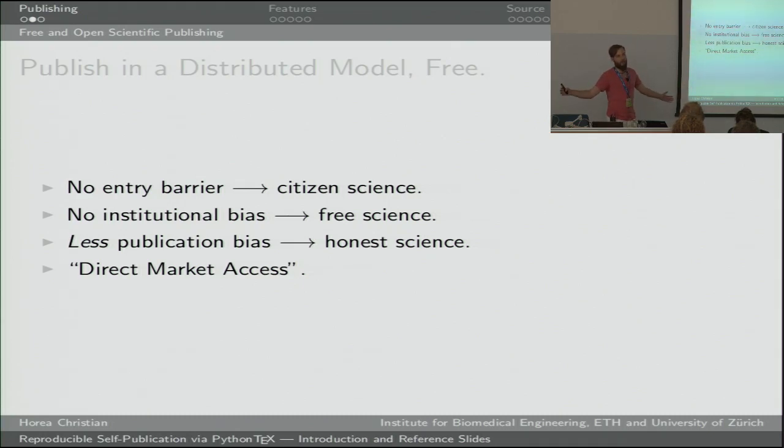This removes the barrier of entry. You don't need your fancy credentials. You don't need a lot of money to publish, meaning citizen science can finally become a reality. It removes institutional bias. I mean, of course, we like to think that there's no such thing, but as you've seen also with Google and Facebook, platforms which share information might selectively censor information which they don't like. Thankfully, publishers deal in fact more than in opinion, but who knows, right?